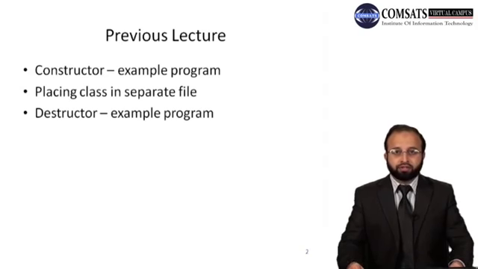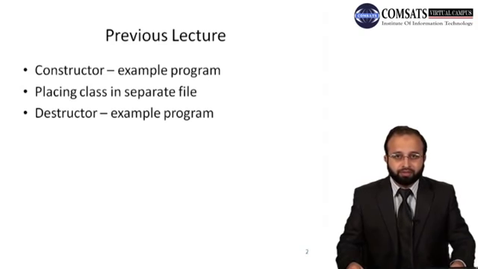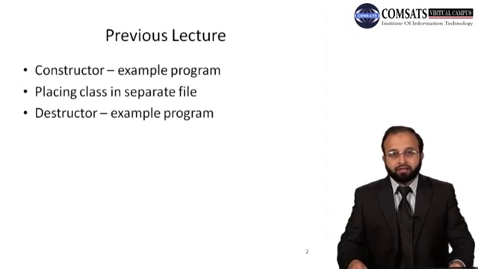So the other functions are called explicitly, means that the user is calling them by himself, but implicit means they are automatically called. So whenever an object is created, the constructor will be called, and whenever an object is destroyed, then the destructor will be called. Now object creation is clear, but destroying an object means this, for example,